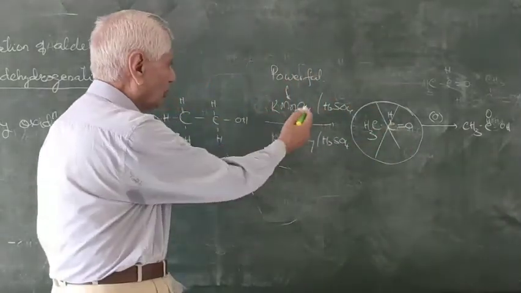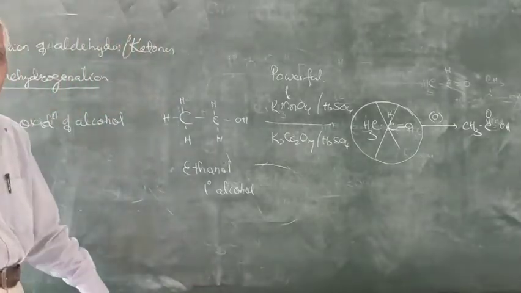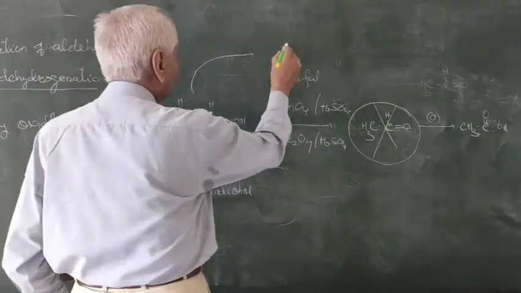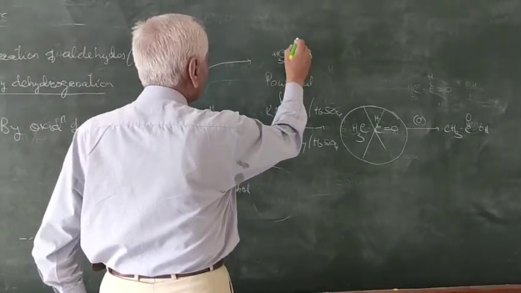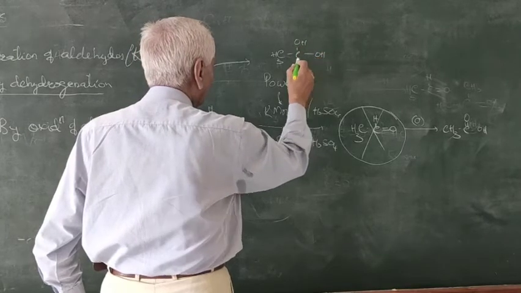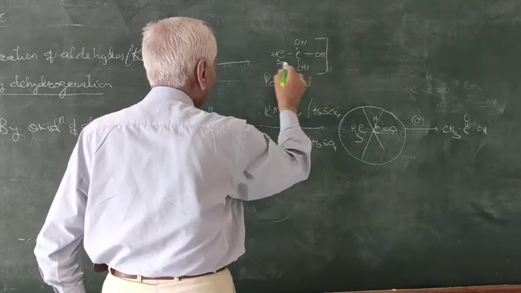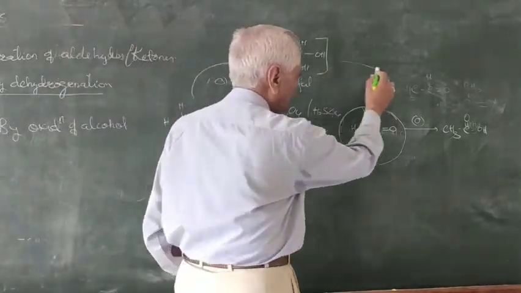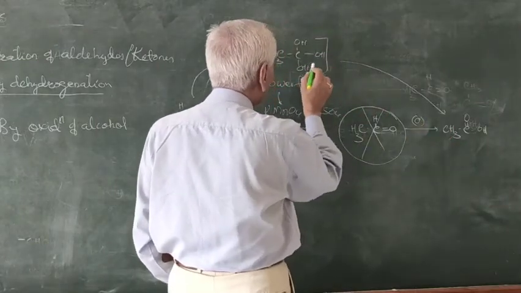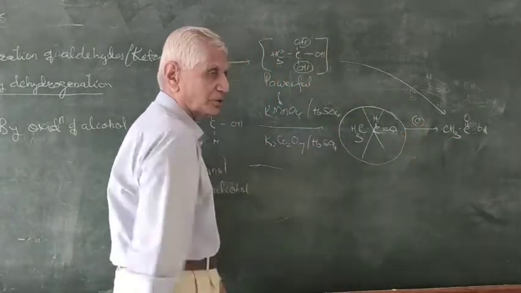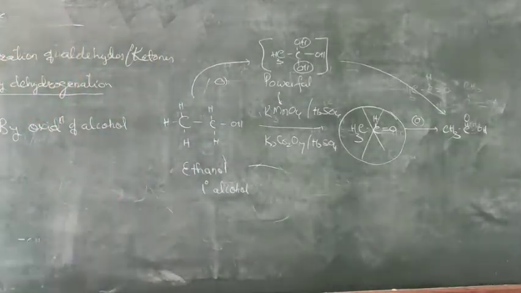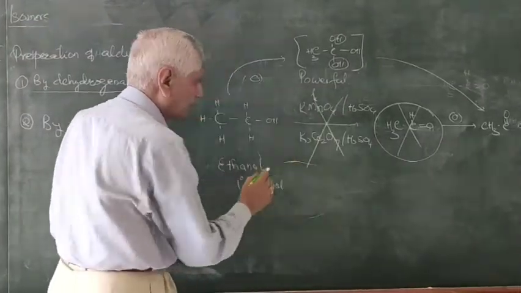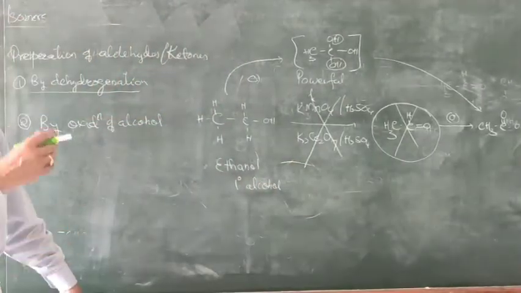Therefore, you cannot make use of potassium permanganate or potassium dichromate and sulfuric acid. So here, when reaction takes place, you get CH3COH. OH is already there. This H also converts into OH. Powerful oxidation, and this will further give you acid, with removal of OH and H. That is how you are not getting aldehyde, but you are getting the direct acid. Therefore, you cannot make use of potassium permanganate or potassium dichromate with sulfuric acid because it is a strong oxidizing agent.